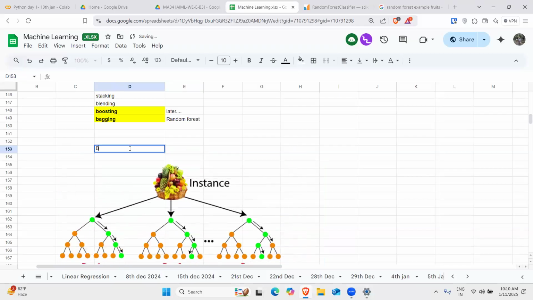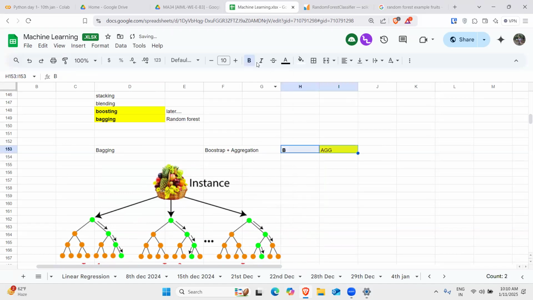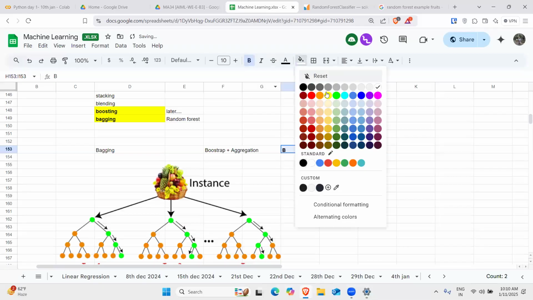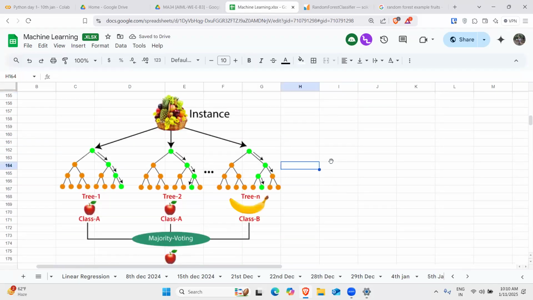Now, what is bagging? It is a combination of two words, bootstrap plus aggregation. B is from bootstrap and AGG is from aggregation. So that's how bagging comes into the picture. Now, what is bootstrapping? Bootstrapping means